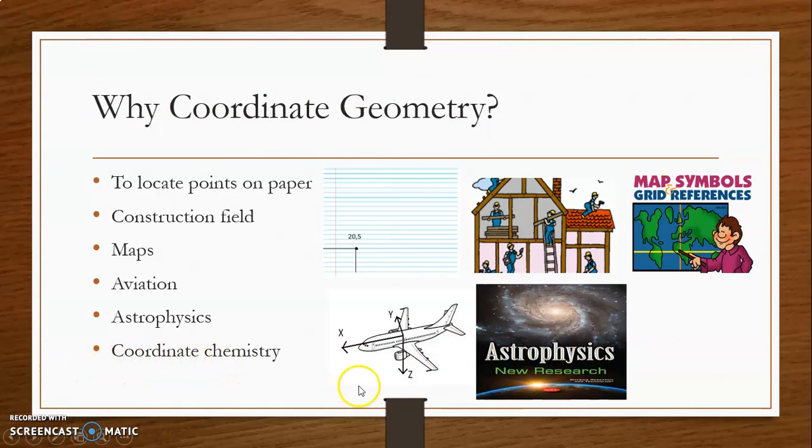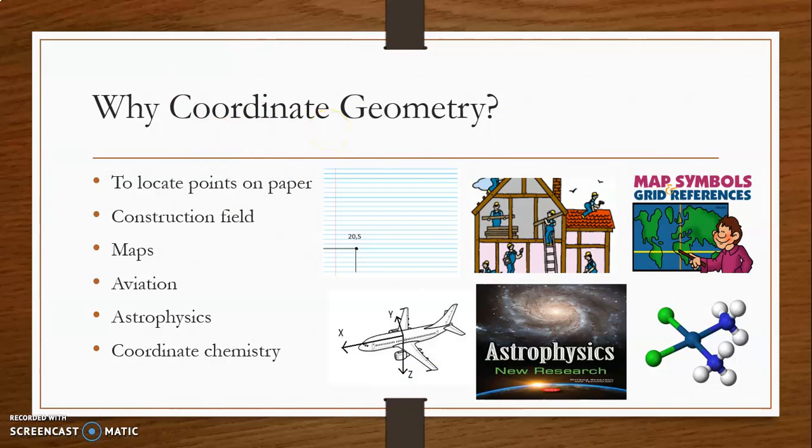And then there is coordinate chemistry. In coordinate chemistry, you will study how much distance is to be left between two molecules to form a bond. That you will study in your higher classes, and you will use coordinate geometry in chemistry. Okay, so when we have understood what coordinate geometry is, let's see who has given the concept of